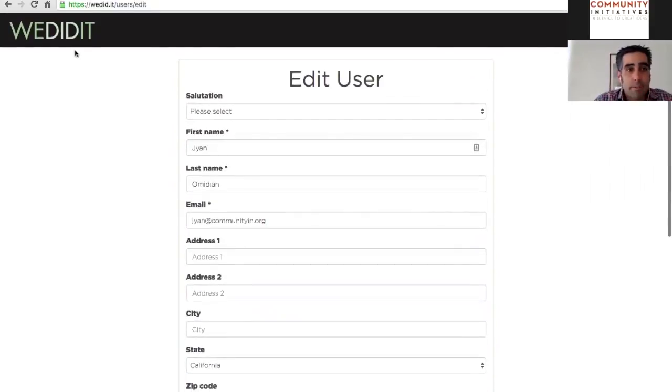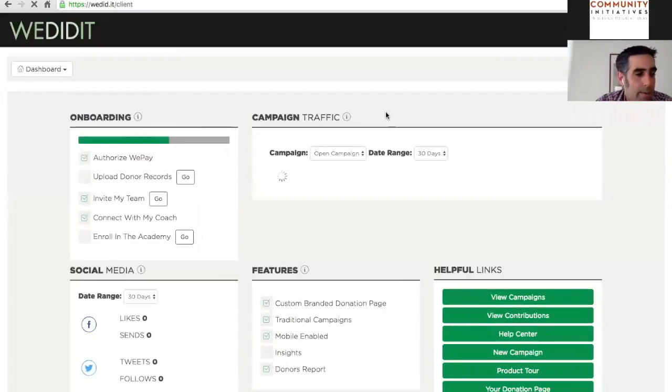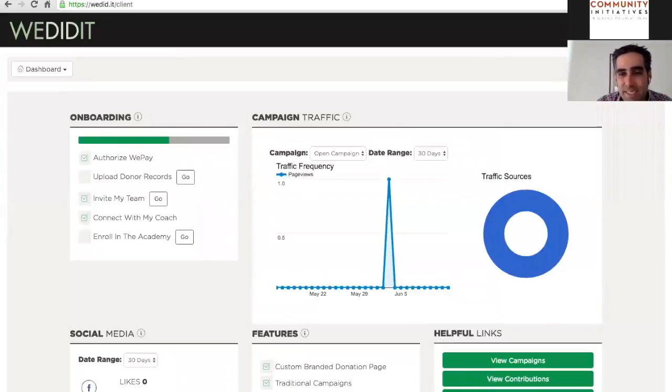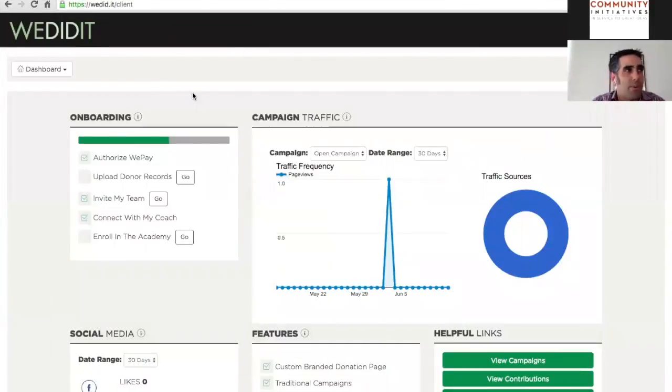And so that's sort of the basics of the WeDidIt platform. I'm hoping that I've increased your understanding of it a bit and explained a couple of things about it. And we have Heather McGreary, and I'll give you her email address here in a second. There is myself as well as your project team coordinator as well. So we've got a lot of people here to help,